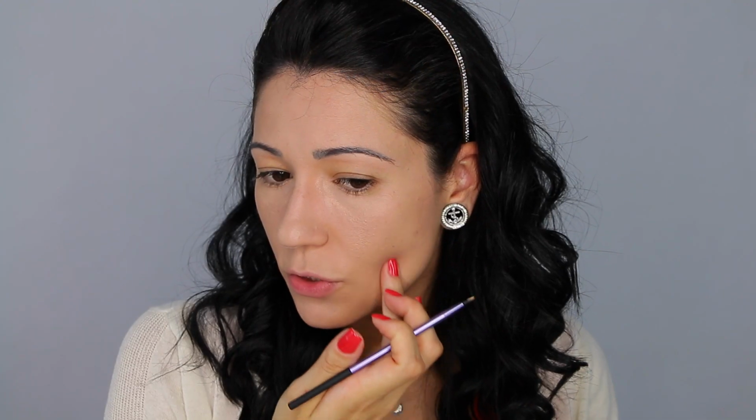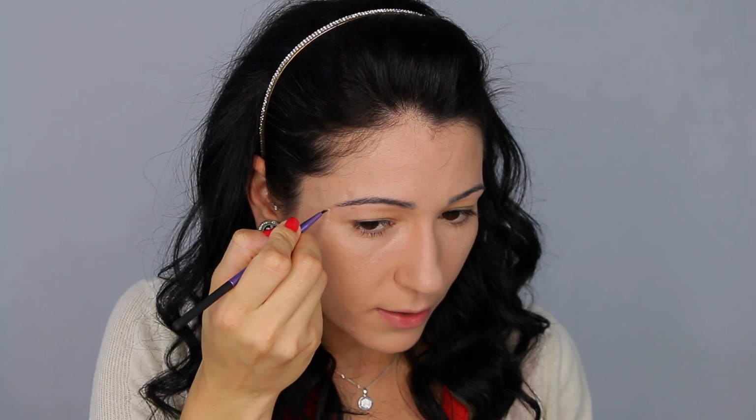And I'm just gonna apply this and then dab that in with my fingers to blend. Make sure you don't have any harsh lines there. If you really want to perfect your foundation routine, of course you could do the spot concealing everywhere that you have a little tiny blemish, but I find it sometimes unnecessary to go through every single blemish